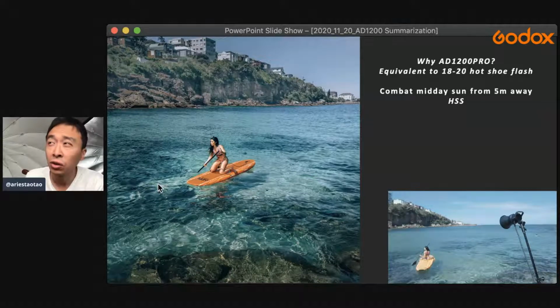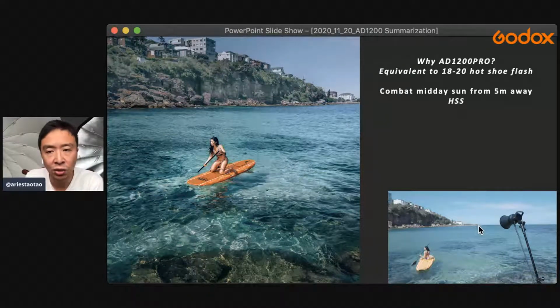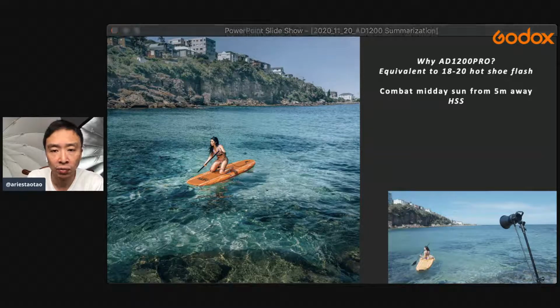If you're a run and gun user with no softbox, go for AD200 Pro or V1 even. If you do like to use a softbox, but it's all by yourself, then go for AD300 Pro, right? If you do have a mic to carry lights with you, and you need a bit more power, then consider AD600 Pro or AD400 Pro. Yeah, whatever works for you. Like I said,